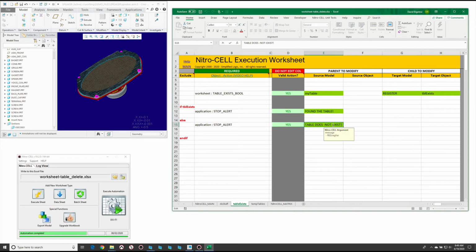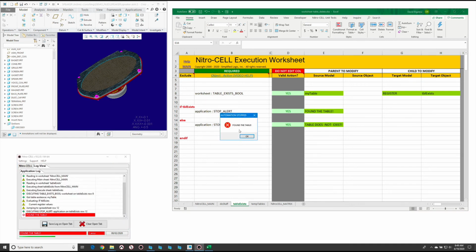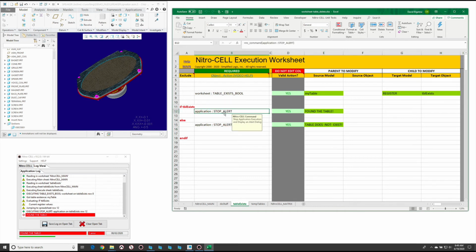Okay, so when we run this, you'll notice it comes back and says, "Hey, I found the table." That's because it has written this to this variable. That variable is being evaluated by this logic, and it's come back and said it exists. So let's clear the table here. Let's copy this down. Actually, let's just delete the table. So we'll delete that table,